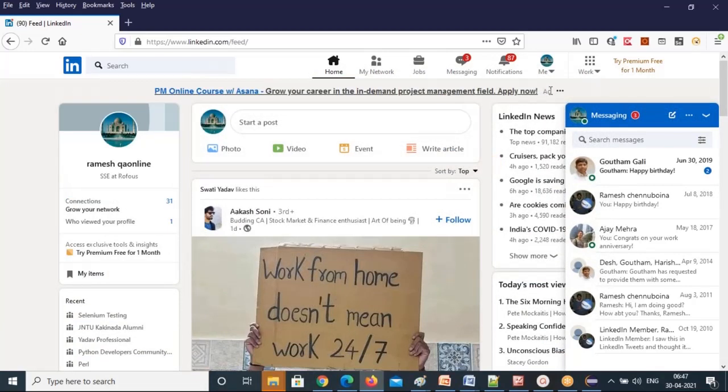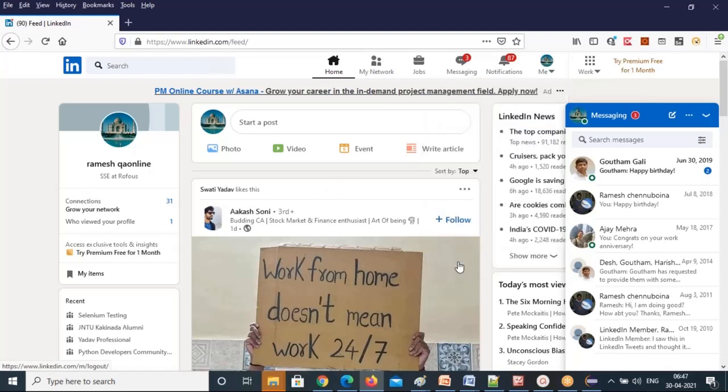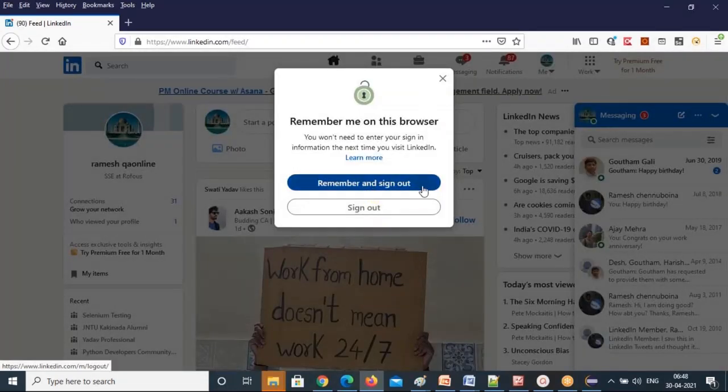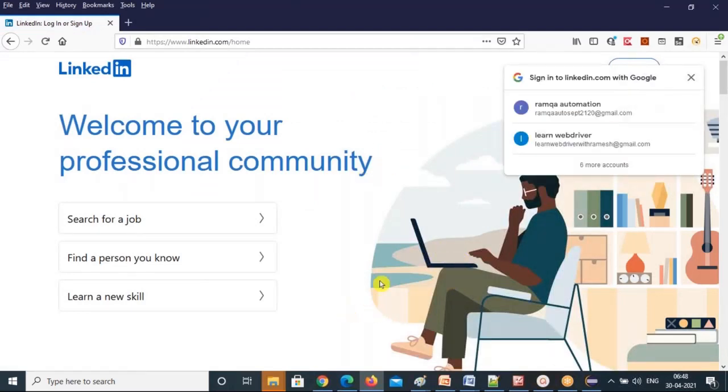Here is the output. How to log out? Just click on this Me icon and you can see sign out. So this sign out I need to do. If you logged in, then only you can sign out. If you are not logged in, you cannot sign out. So how to do these things? Let's see this. This concept I'll show you. Sign out. And this is the concept we have to see now.